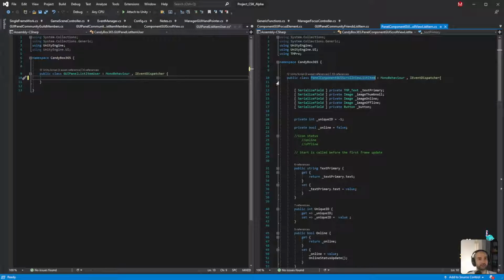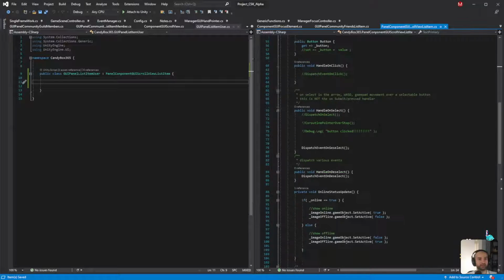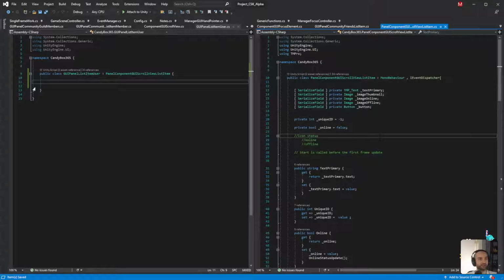This just needs to extend from here, and it will inherit all of that functionality. Then we can add additional functionality if we need to. So now it has all of this functionality, which is great.